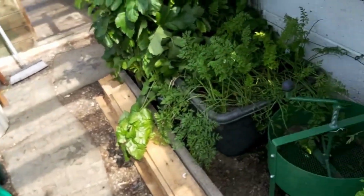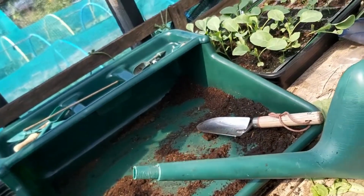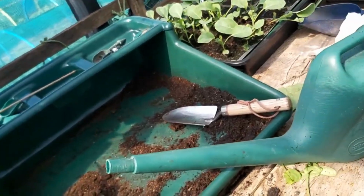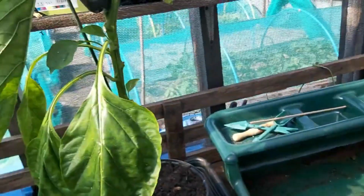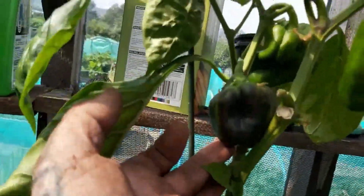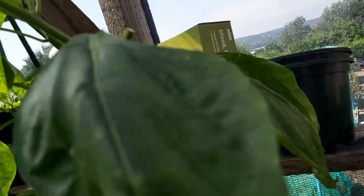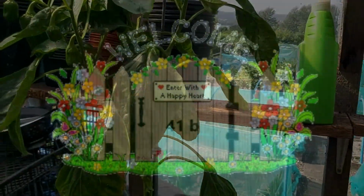Oh, the Waco kid, if you're watching this, mate, you asked us about peppers. I didn't normally grow them, but this year I was given a couple of seeds, so I did. There's obviously one there, two, and then there's one just at the back there, three, and then on this plant